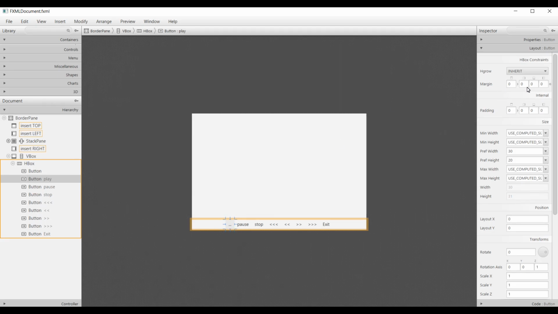I'm going to select this, and I'm going to give it a padding of 20 here, and with the pause button the same padding 20, and maybe it's actually too much, so we're going to change this to 10. So 10 padding,